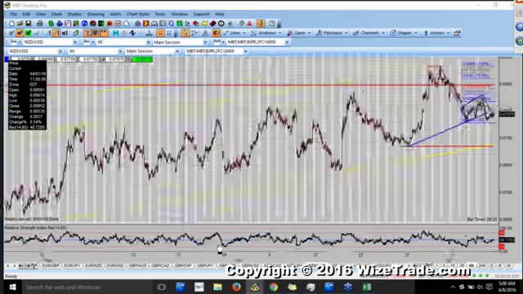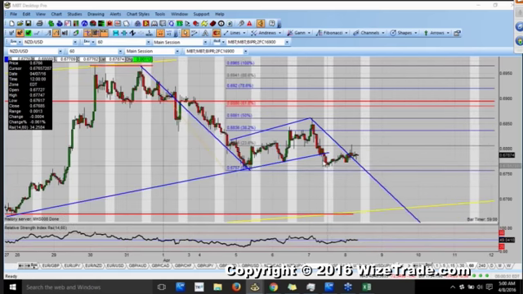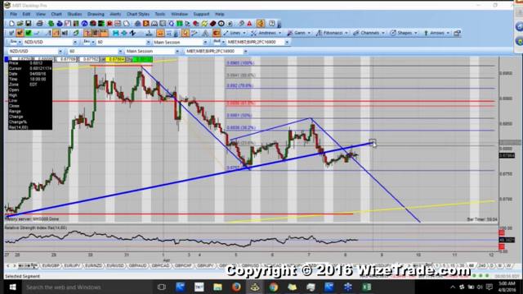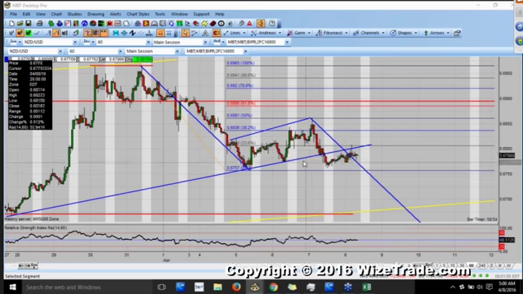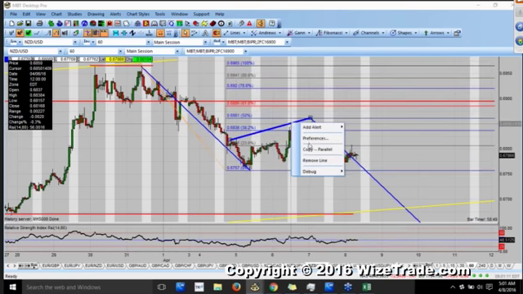So the Kiwi, trying to build on this flag pattern, haven't been able to do it. Just kind of bouncing around here. It's just flip-flopping around. But that doesn't mean it's not in play, if you will. I forget who it was yesterday, he said, hey, we got a trend line here, and then we broke it. But what's interesting is we just came back and retested it. So whether that's valid or not, it might be this, what I originally drew,